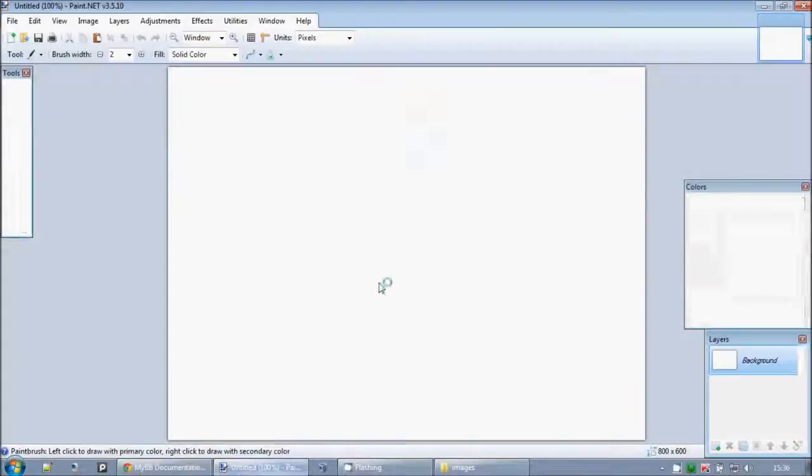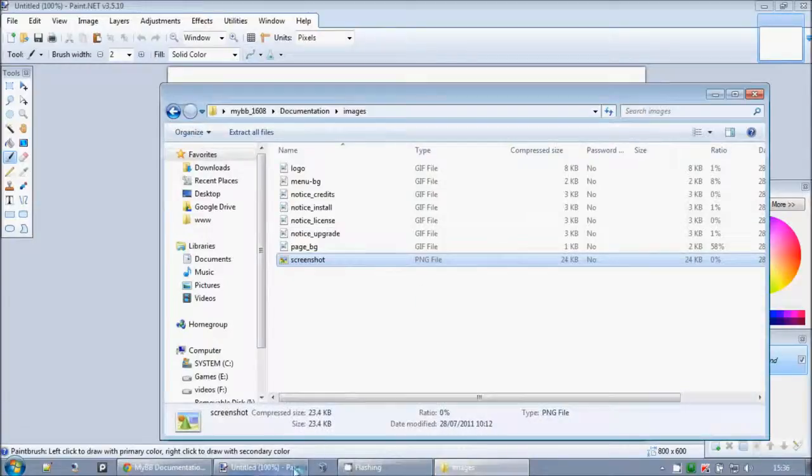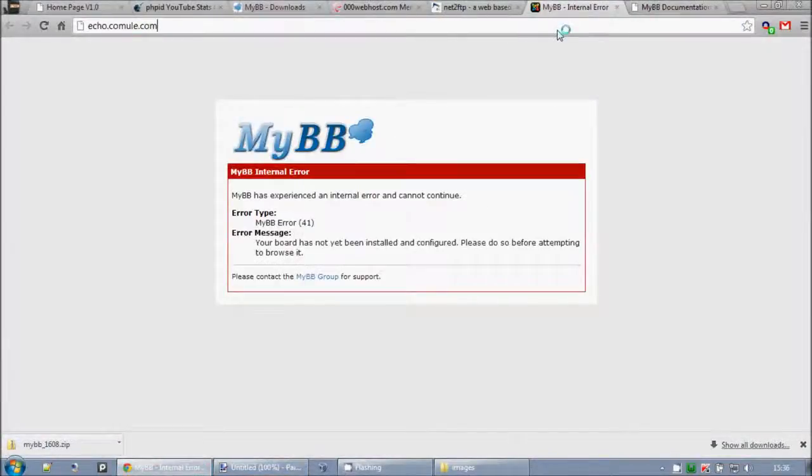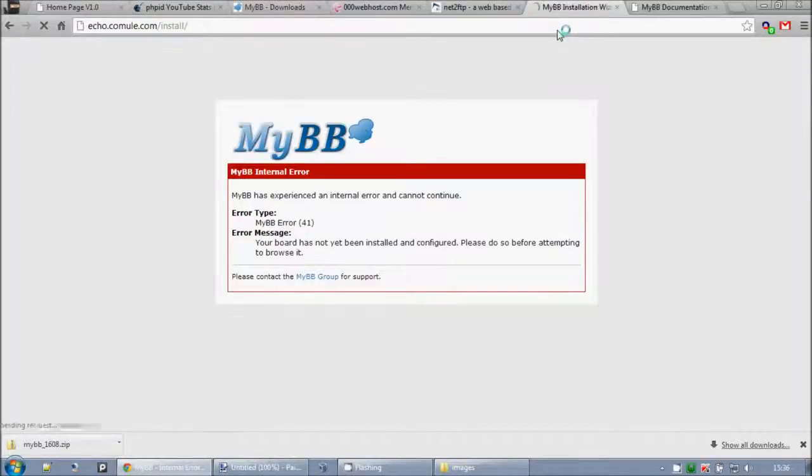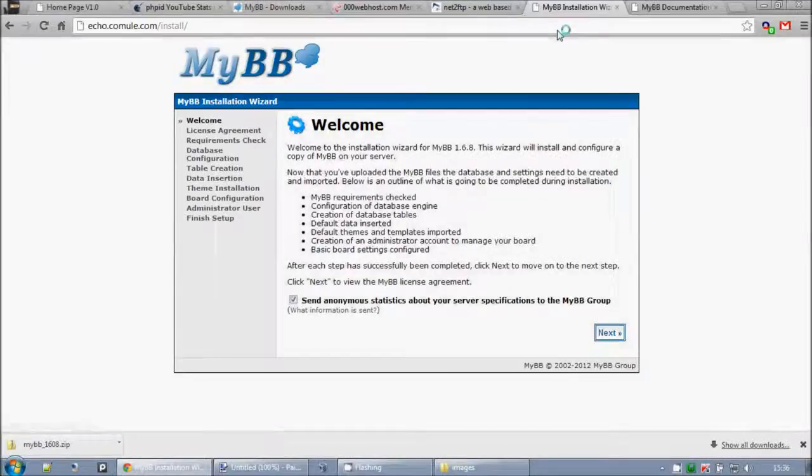So now we need to rename our files. We need to go /install. I'm sorry if it's taking a bit long. It is new to me, the whole system, and it will check requirements, configure the database, create database tables, and